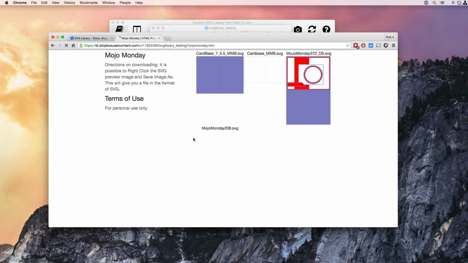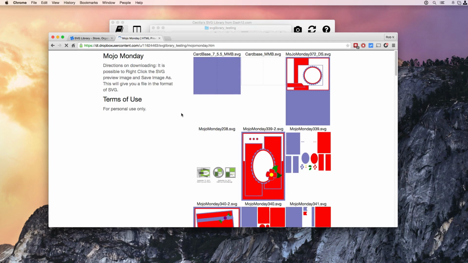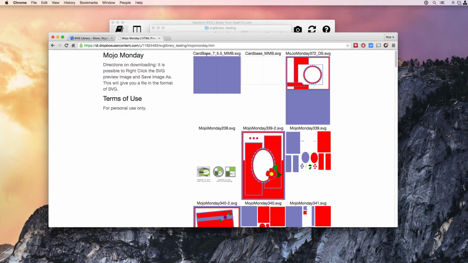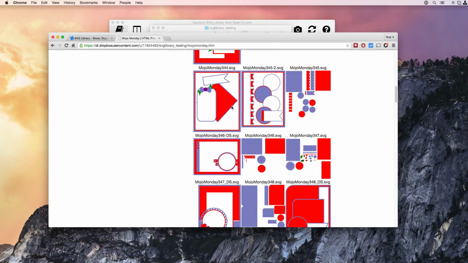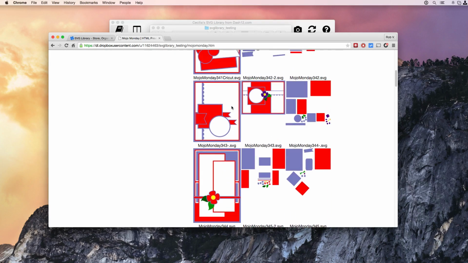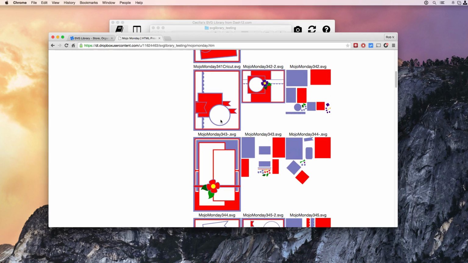Okay, so I'm going to go ahead and paste and go, and we'll take a look at how it exported. Okay, so this is the Mojo Monday, and you'll notice it has the name of the SVG followed by the photo underneath, and you can go ahead and scroll through them. Now, what's great about this is, say you really like this card right here, all you have to do is right-click,